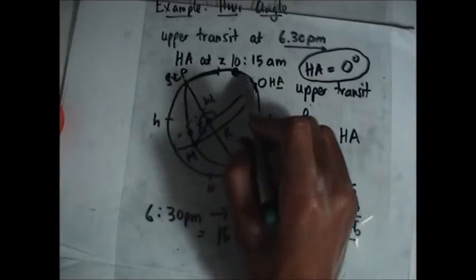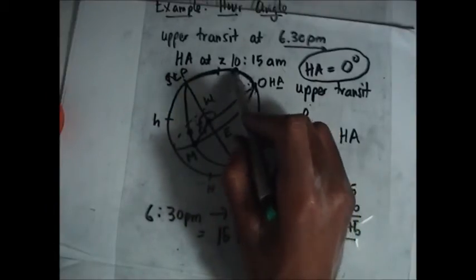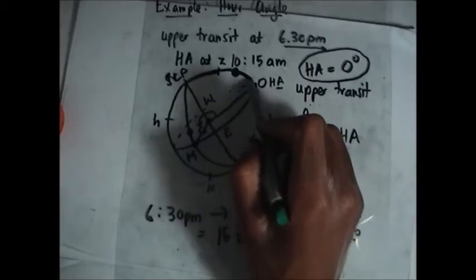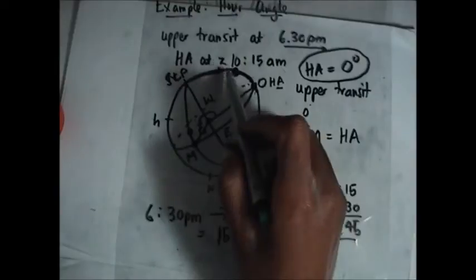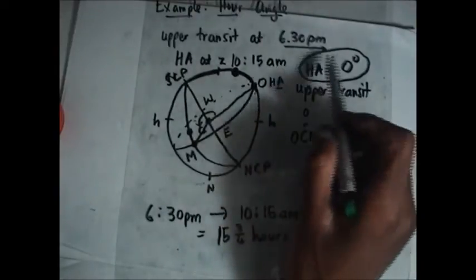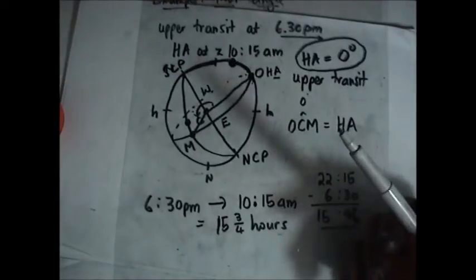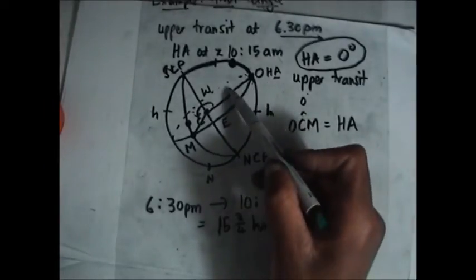And the hour angle of a celestial meridian is 0, because the celestial meridian is cutting the origin. When it cuts the origin, the origin's hour angle is 0. So the upper transit always has an hour angle of 0. So when you want to calculate the hour angle, we are just going to calculate, okay, it has passed through